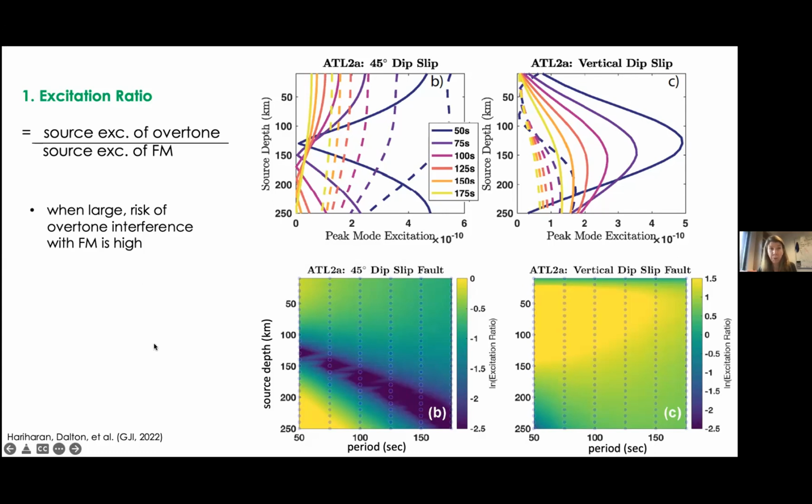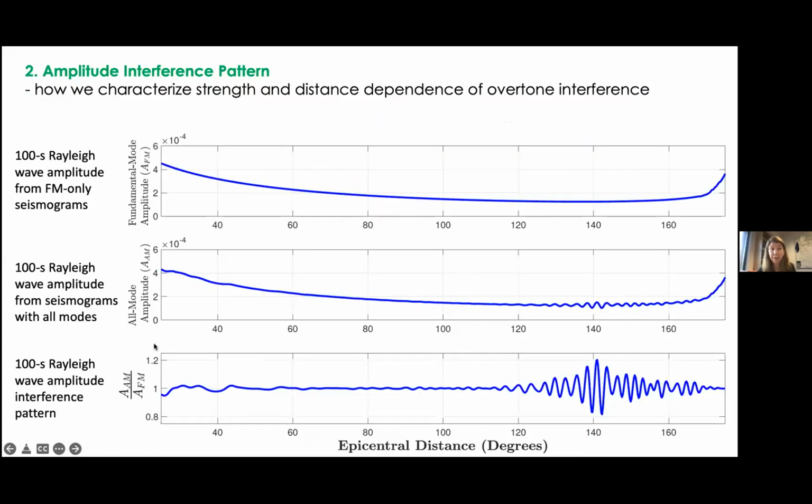the fundamental mode. And then the second parameter is how we characterize the interference, which we call an amplitude interference pattern. Essentially, for every test that we did, we generated two sets of synthetic seismograms. One set that contained only the fundamental modes, and another set that contained all the modes. And in the top panel here, you can see